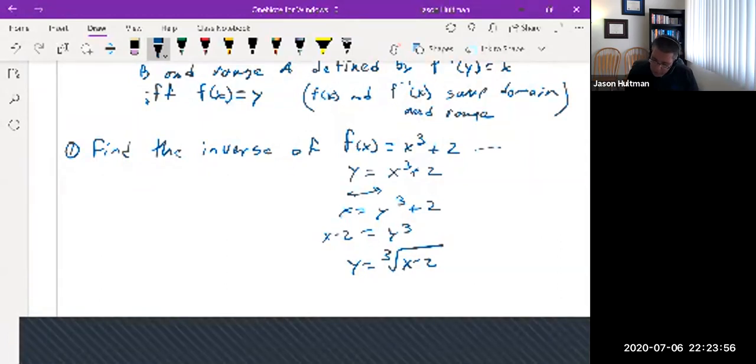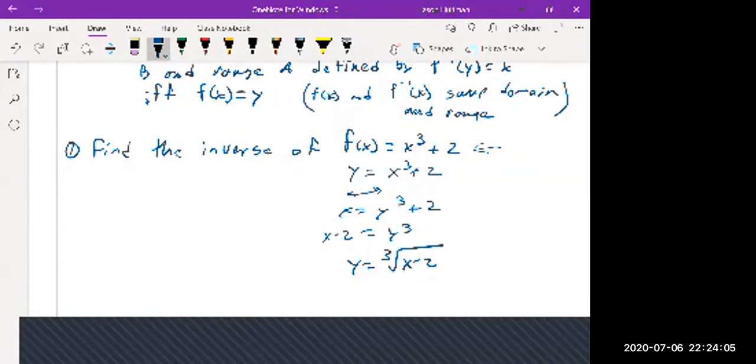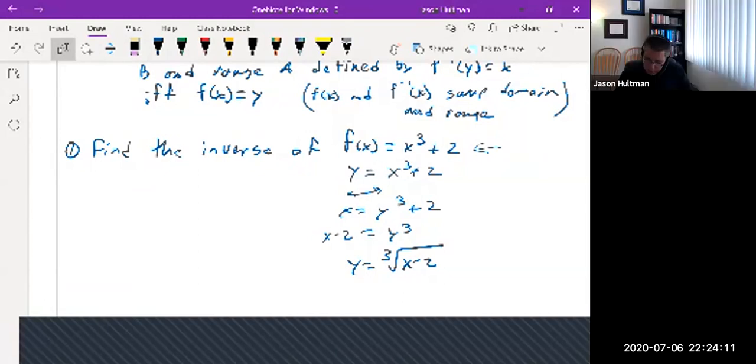What is the domain and range of my original function? What's the domain and range of the original function? All real numbers. Chat, you can tell me. Yeah, all real numbers. Who is that? Gabby. Thank you, Gabby. Absolutely, Gabby says that the domain and range is all real numbers, and she